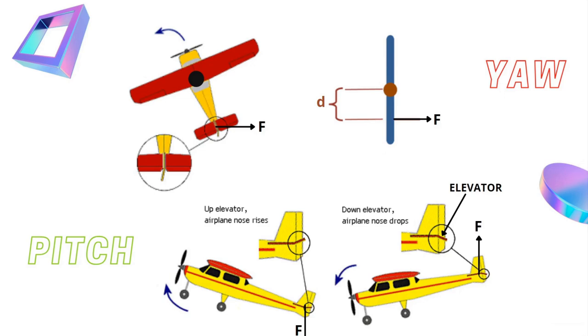So now, do you think that the vertical stabilizer and horizontal stabilizer are only used to support the elevator and rudder? No, it is not. They have their own function, and it is a very important component of an aircraft. As the name suggests, stabilizers. So basically, it stabilizes the whole aircraft.